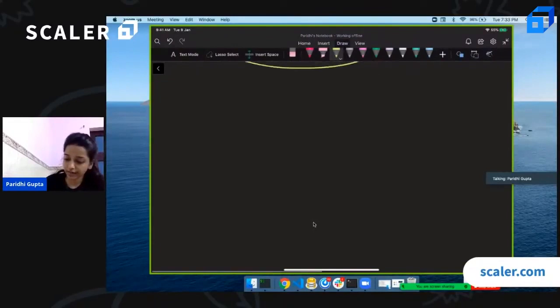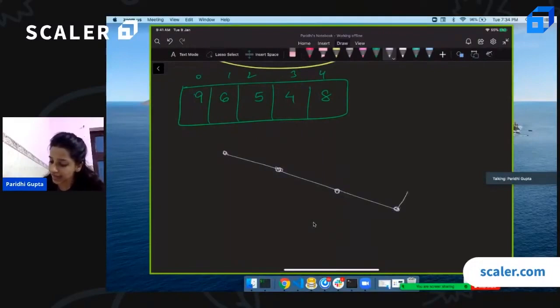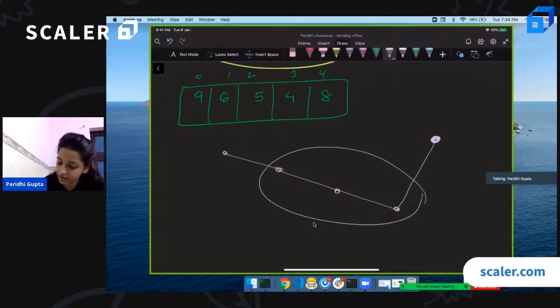Let's look at one more example. We have 9, 6, 5, 4, 8. This is 9, this is 6, 5, 4, then 8 came. To whichever elements 8 is greater than, it will become the answer for them.